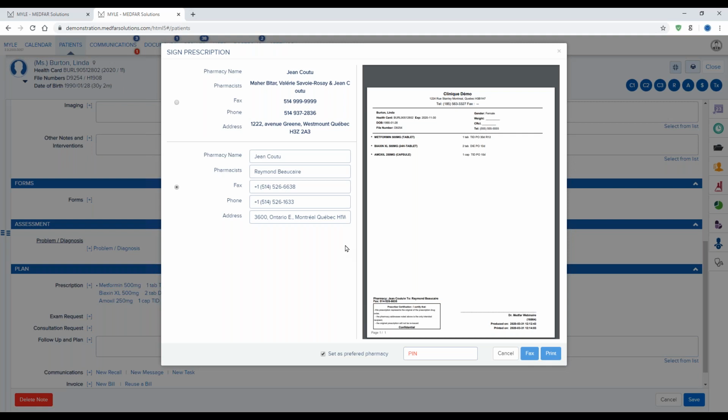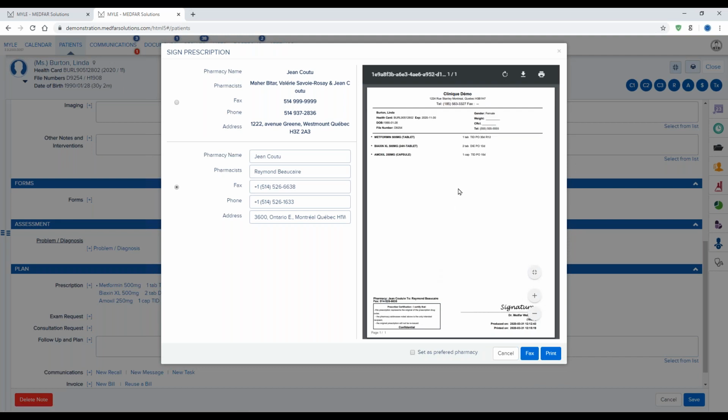for future uses. So to go back to our example here, our patient Linda Burton is going to go through this pharmacy just this once. So I will unclick the set as preferred pharmacy. If we didn't have anything suggested in her file, I could add one just through this, making sure this checkbox here is checked. Now, lastly, before I'm able to send this fax, I have to enter my 4-digit PIN that will apply my